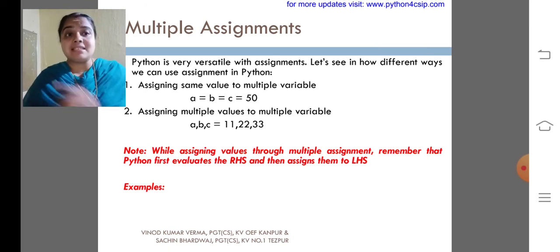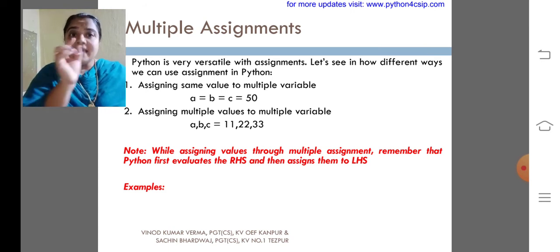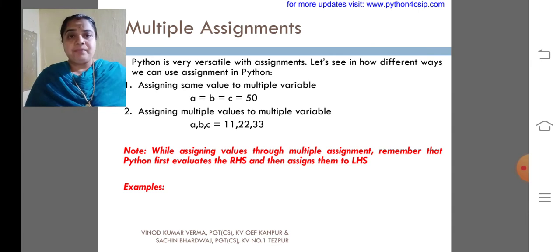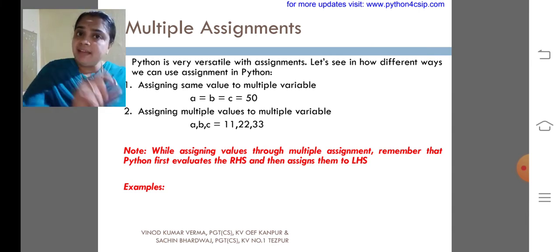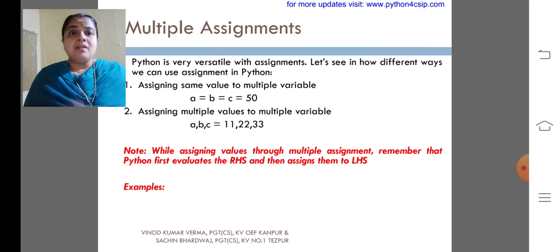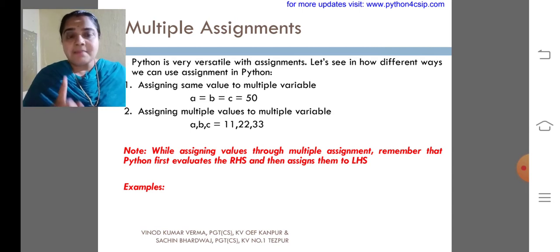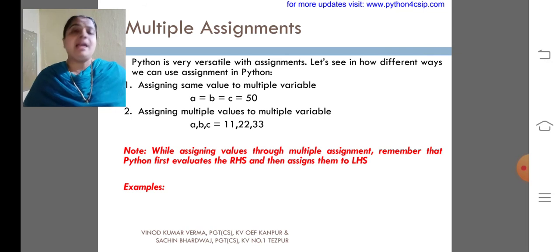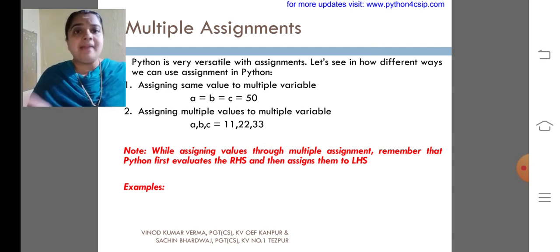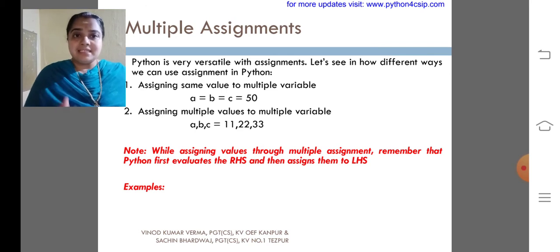So how will the assignment happen here? 11 will be assigned to A. 22 will be assigned to B. Similarly, 33 will be assigned to C. While assigning values through multiple assignments, remember that Python first evaluates the RHS and then assigns them to the LHS. What is the evaluation here? 11, 22, 33. In the same order, they will be assigned to A, B, C. That is given as a note.